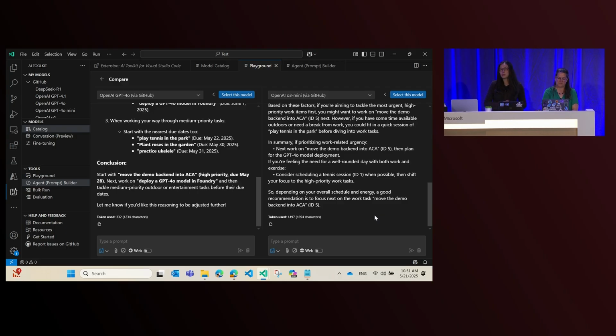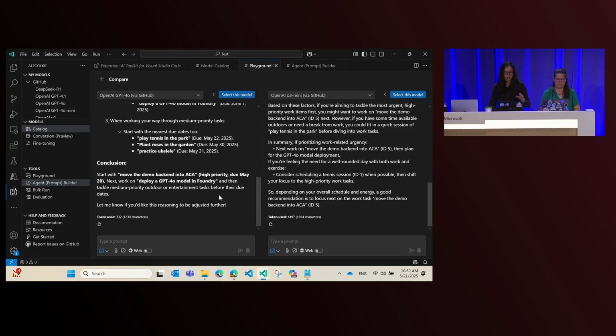So this is one factor you probably want to take into consideration when deciding on a model, the number of tokens it's used, because it's directly associated with the cost. And the other thing you might notice is the performance in how fast they respond with their answers. Reasoning models obviously are more capable, more thorough, but you want to evaluate and see which one is more suitable for your use case. I think for what I'm doing here, which is pretty simple, 4o is probably good enough.